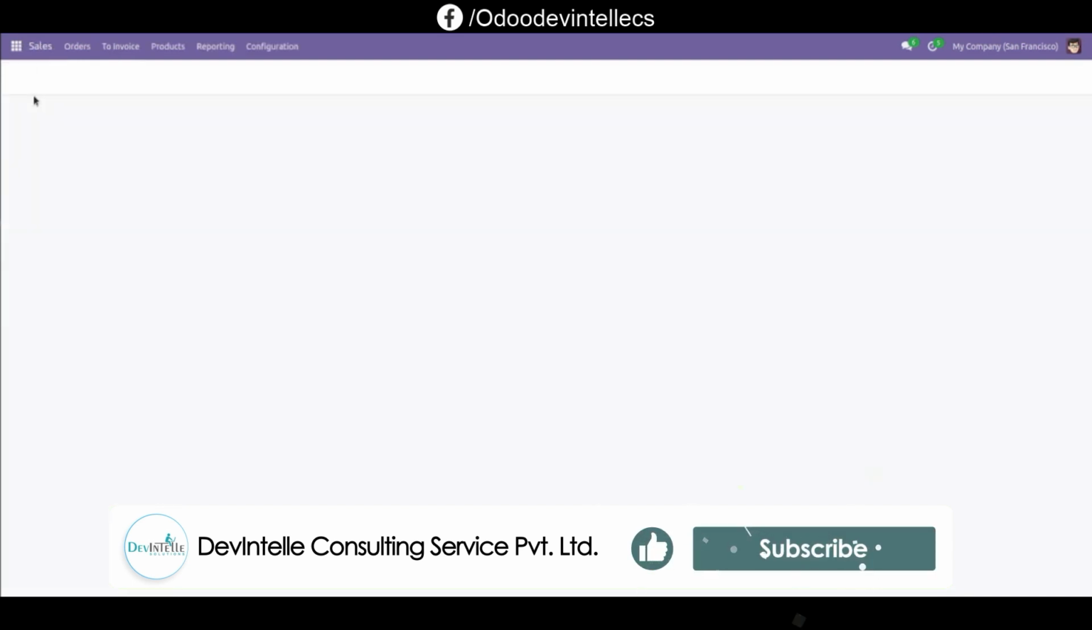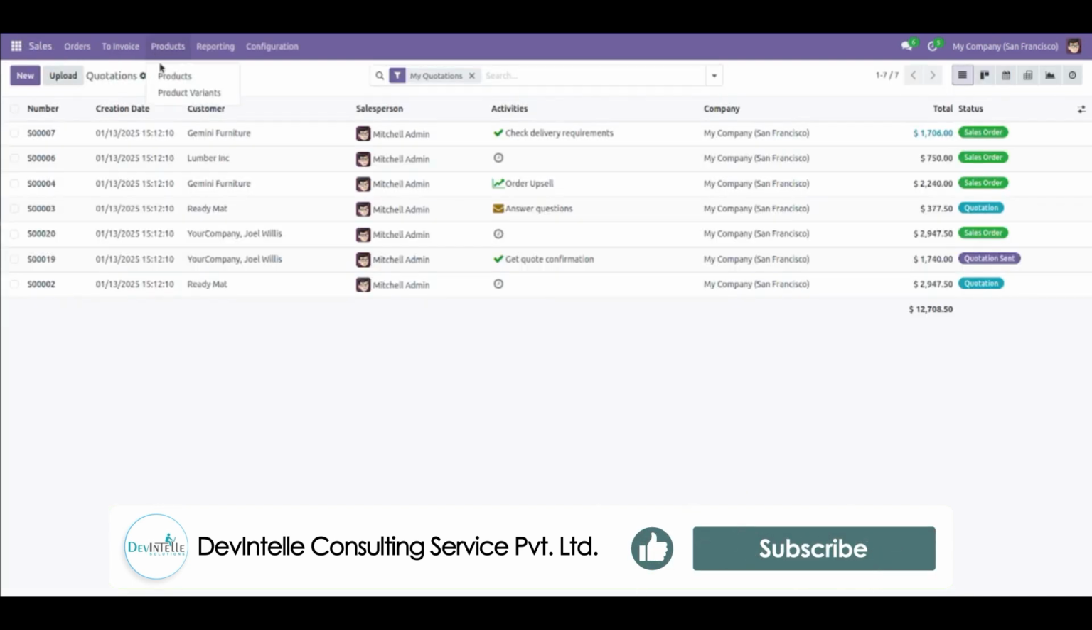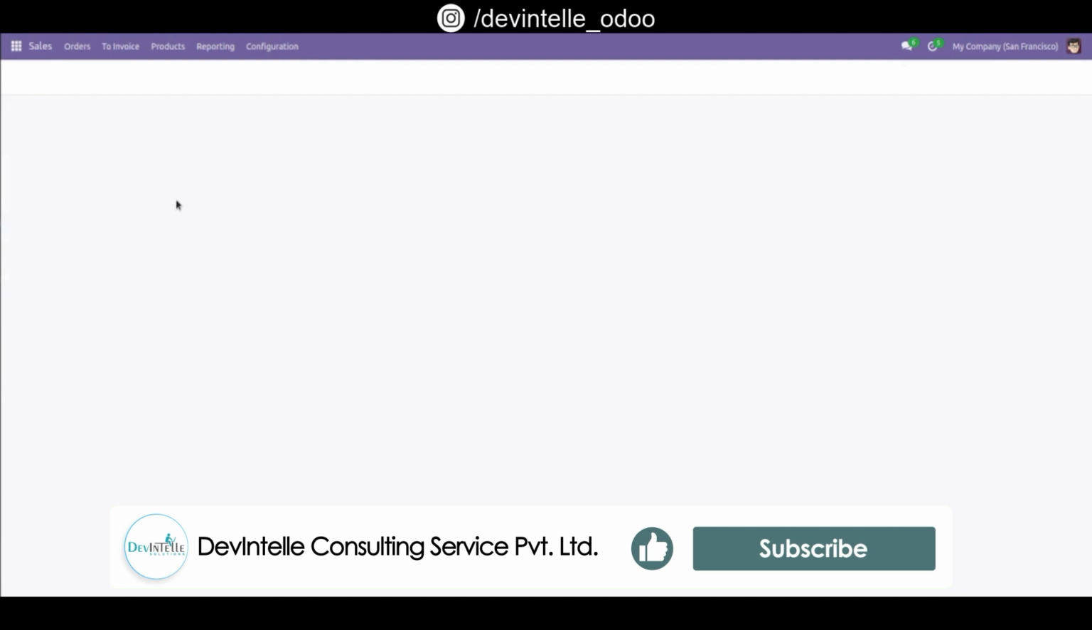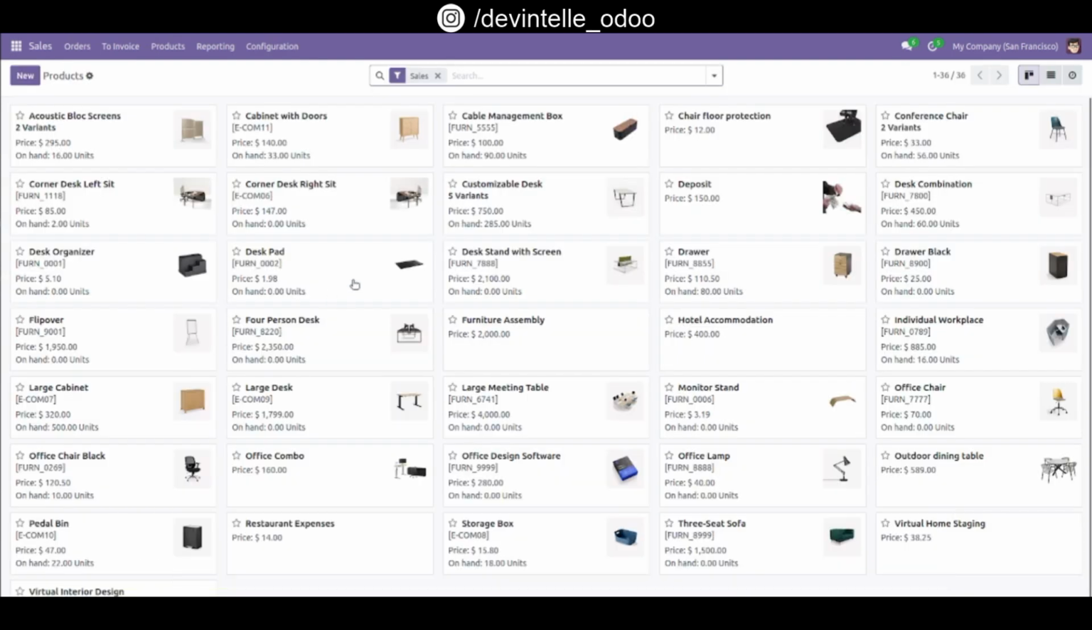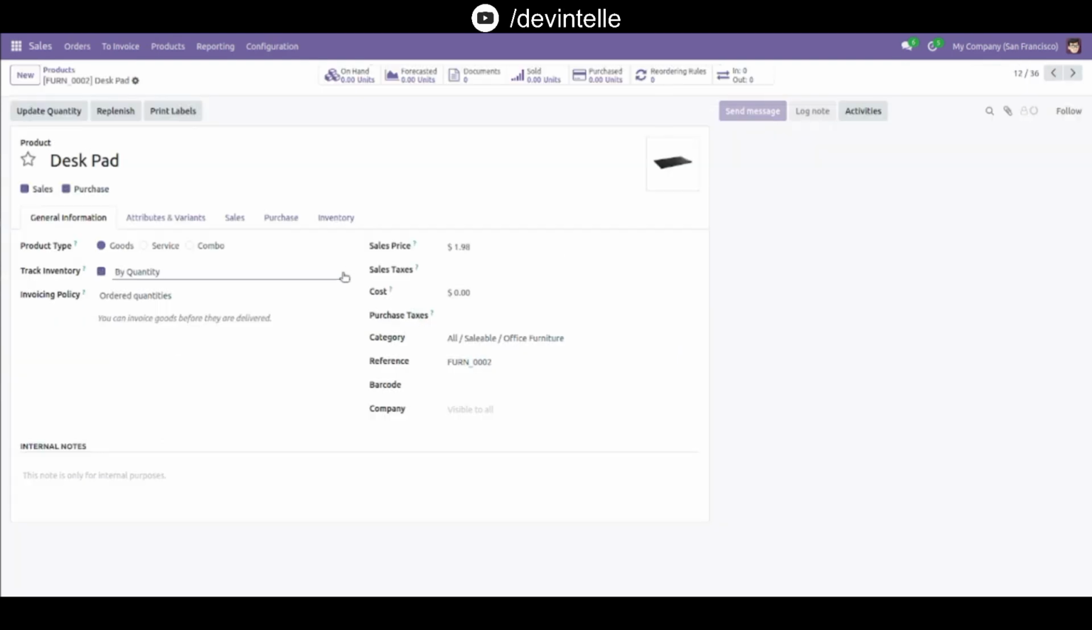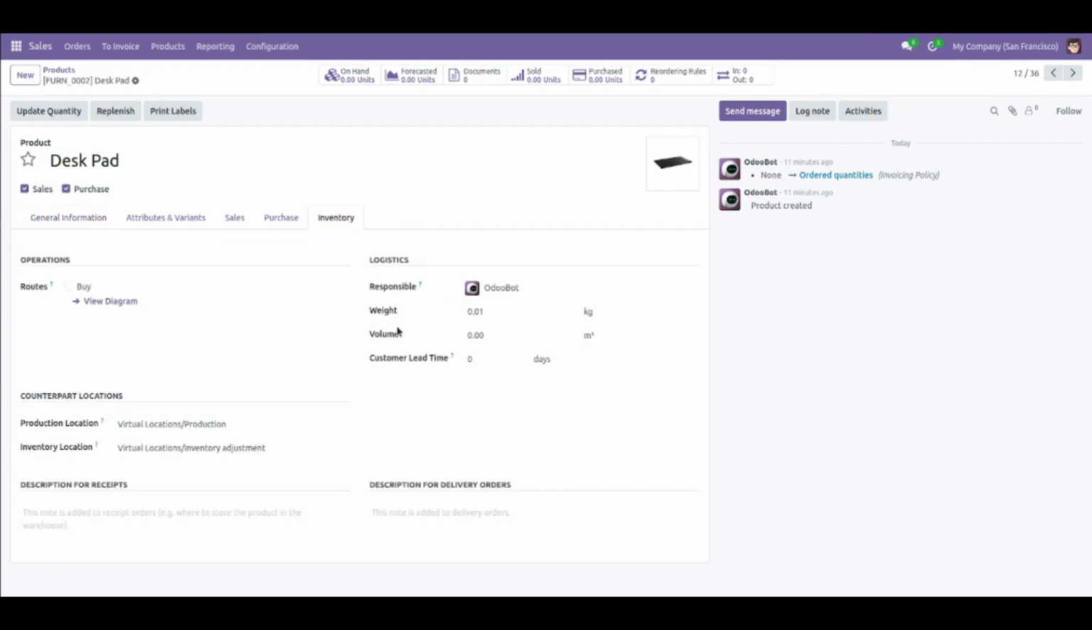First go to sales, go to products, go to anyone like a desk pad, go to inventory tab and see here this weight. I want to set 10 kg. Let's save. Now go to orders,